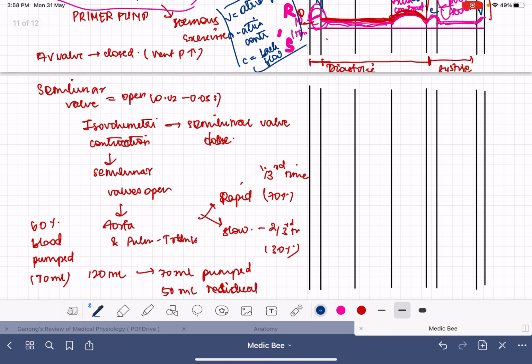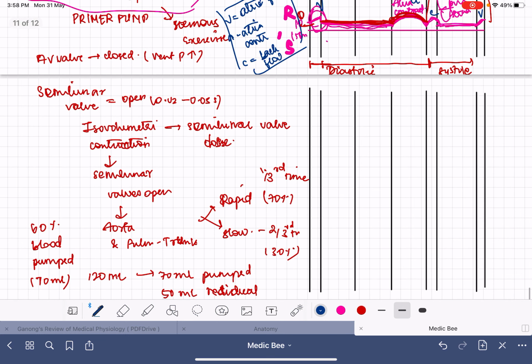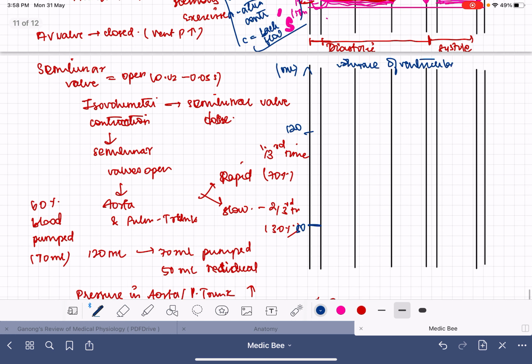The pressure initially, before the diastole, will be around 50. Let's say this is the 50 value, this is the 120 ml. This is the volume measured in milliliters, the volume of blood in the ventricles. Ventricular volume we are again measuring. At the beginning of the diastole the volume will be 50, because this is the residual volume, the bare minimum that will always be present in the ventricles for meeting situations of emergency.